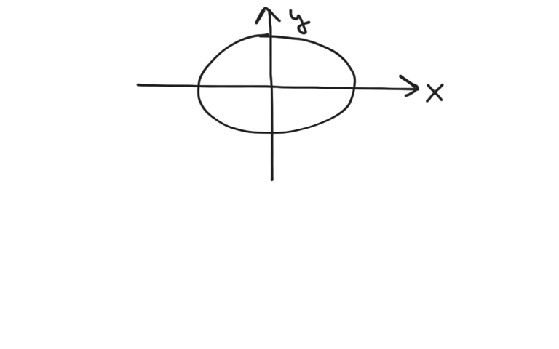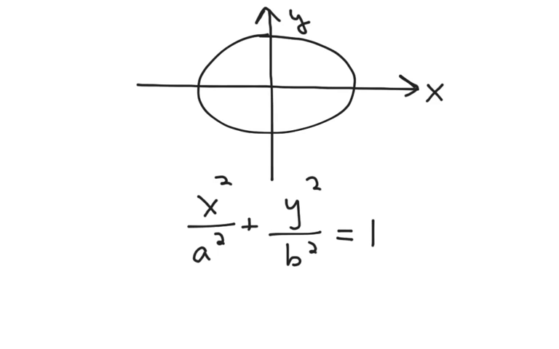I'm not going to derive for you the formula for an ellipse whose center is at the origin. However, I'm going to just give it to you. An ellipse that's elongated horizontally is going to have the equation x squared over a squared plus y squared over b squared equals 1, where a is the distance from the center to some outside point on the ellipse called a vertex,